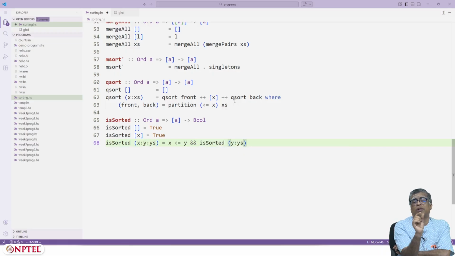You are checking the first two elements and then checking whether the rest of the list is sorted.